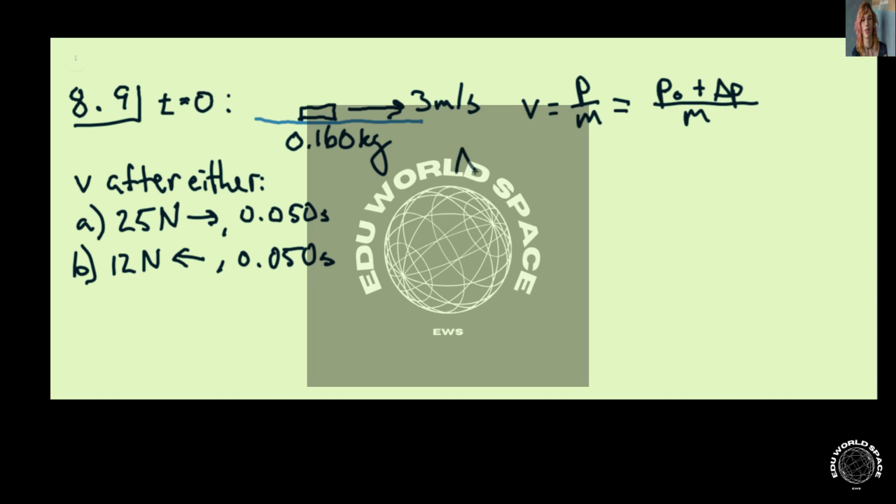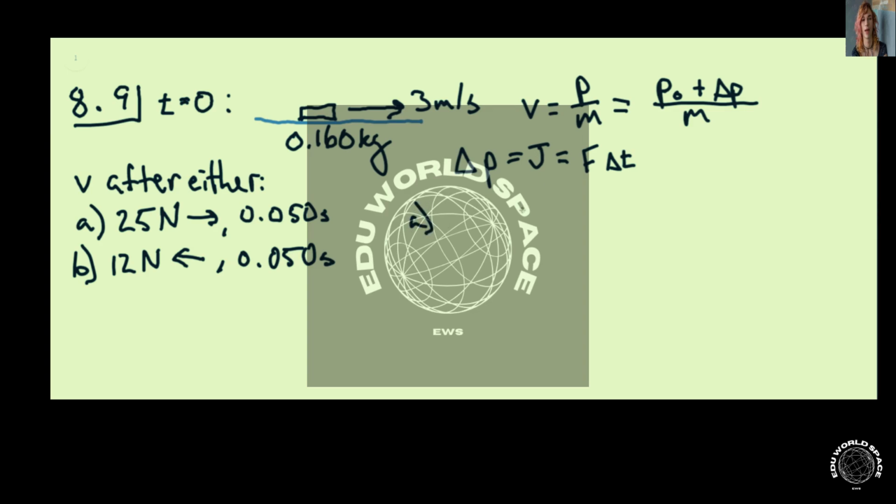So we know that delta P is also called the impulse. The impulse for a force that is constant is equal to the force times the time during which the force is applied. So using this information,